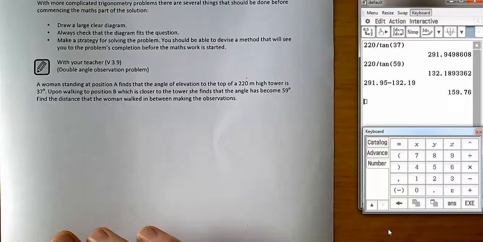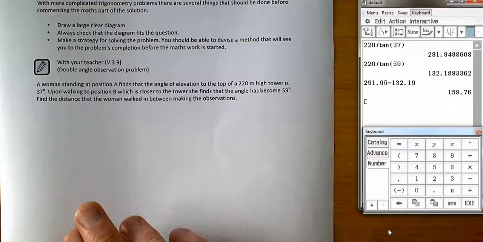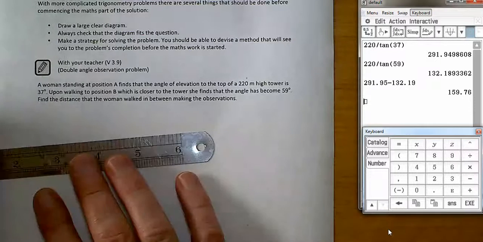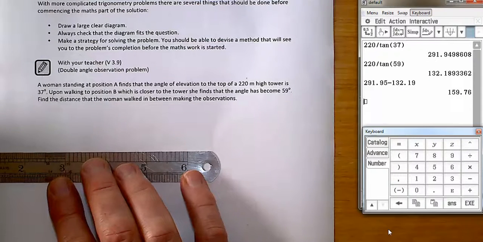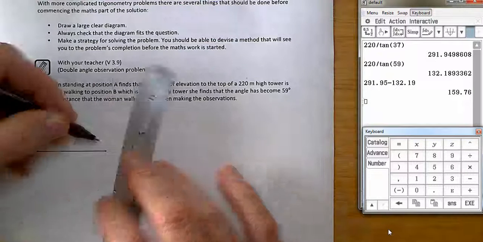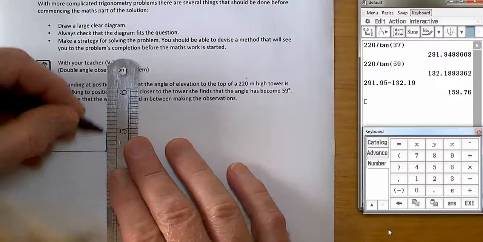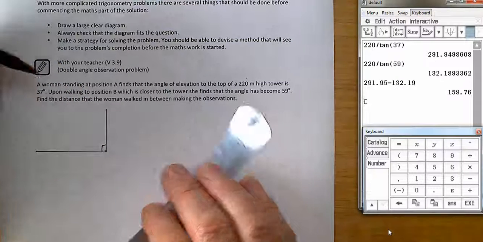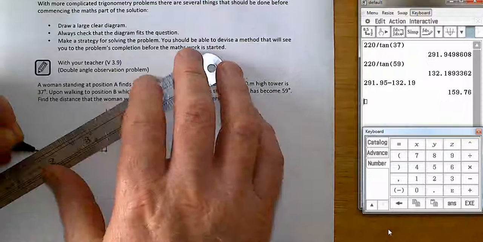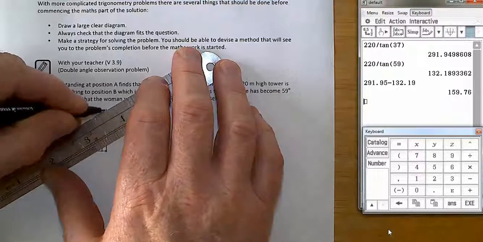One of the classic questions in trigonometry is called a double angle observation question. It's like this. A woman standing at position A finds that the angle of elevation to the top of a 220 metre high tower is 37 degrees. Let's draw that much so far. From position A, when we look at the tower, here's the tower. The tower was 220 high, and her angle of elevation upwards from horizontal is 37 degrees